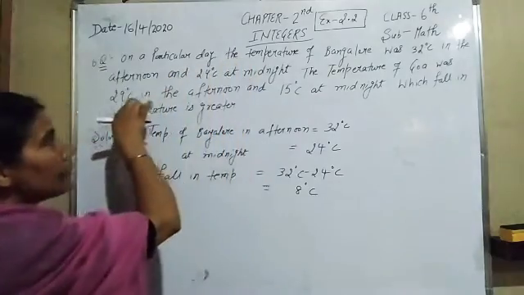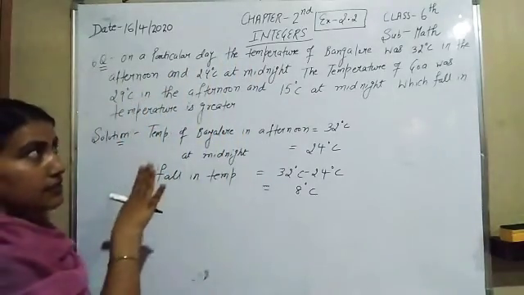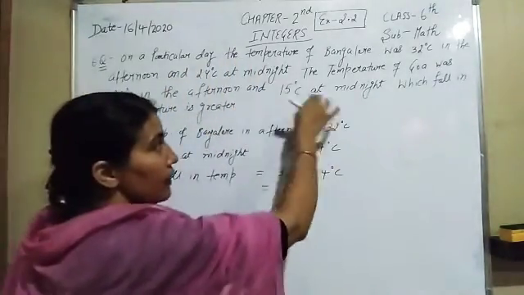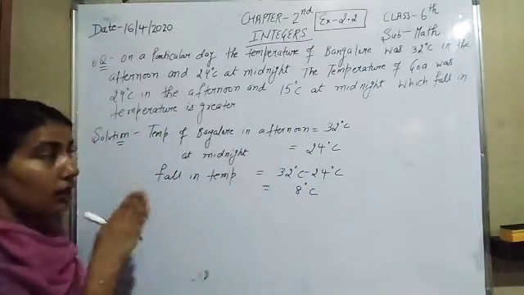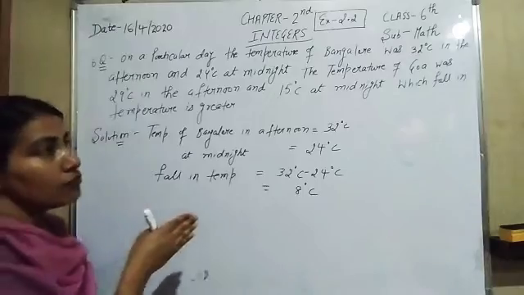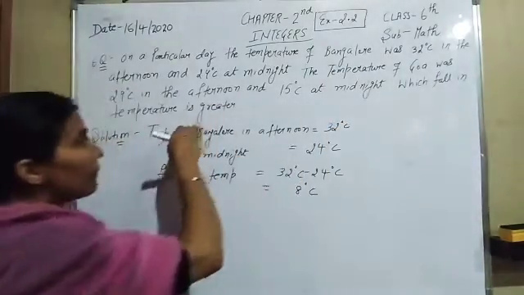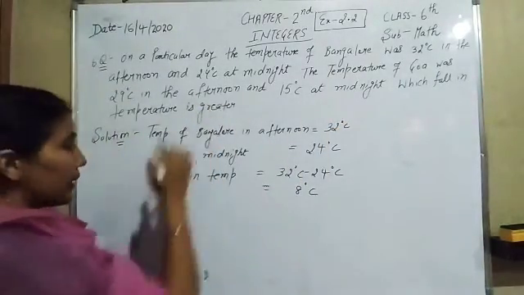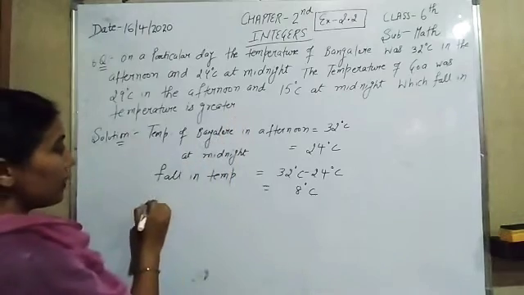In the afternoon the temperature of Goa is 29 degrees Celsius, and during the midnight it was 15 degrees Celsius. But firstly we have to find out the fall in temperature. After that we have to tell which fall in temperature is greater. So secondly we will write down the temperature